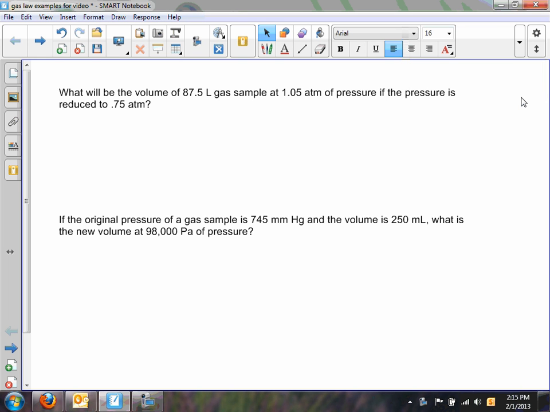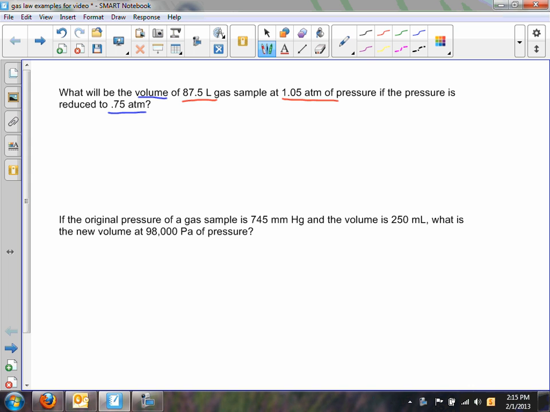We're going to have a couple Boyle's Law example problems. If you notice the first top problem, it says, what's the volume of 87.5 liters of gas at 1.05 atmospheres of pressure if the pressure is reduced to 0.75? So if you're given a volume and a pressure, and you have a new pressure, we're looking for the new